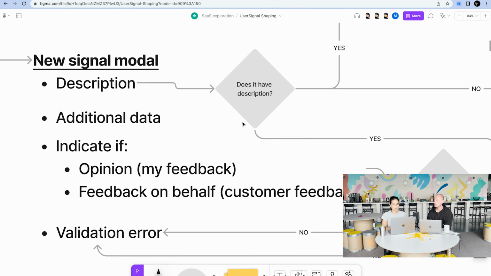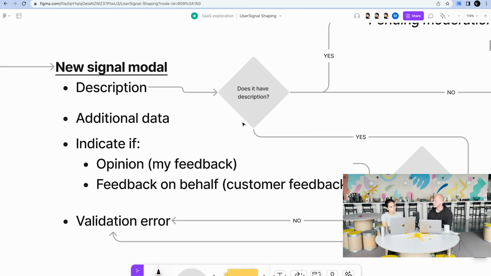Yes. The only thing that comes to mind, but maybe it's for a designer for later, is that in the new signal model, there's a lot of conditions, and depending on that, it will go to moderation or not. Yeah. So how will we inform the user of what's going on? Like, hey, this will go to moderation or not. This will be considered an opinion, or this will be considered a feedback from a user. Because later it could be the handled cycle. Even in the notification itself, no? Yeah. So the text you see after clicking save could be changed depending on this condition, and then you need any design changes. Or you can have an explanation inside the modal that maybe changes based on what you